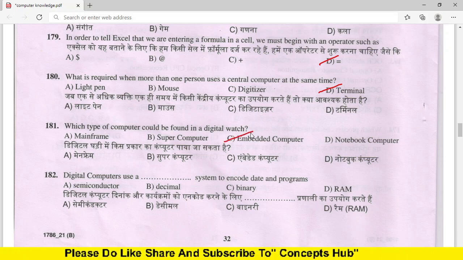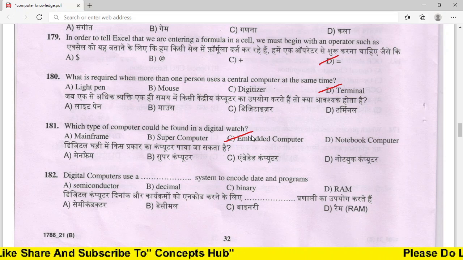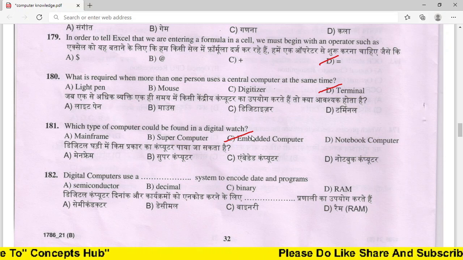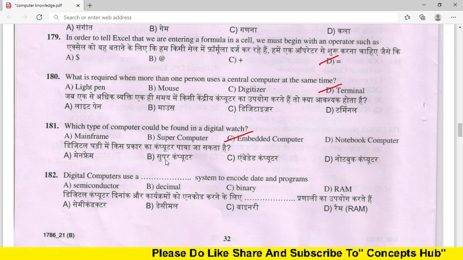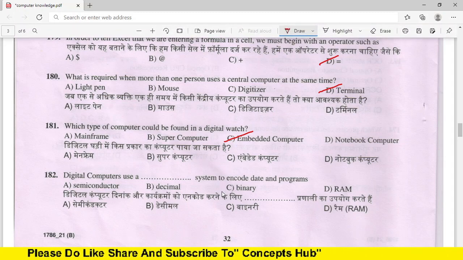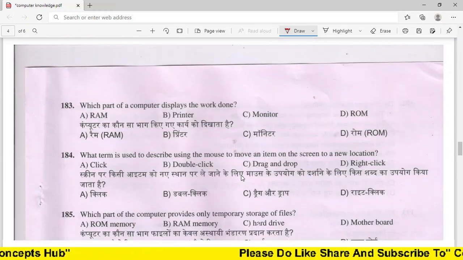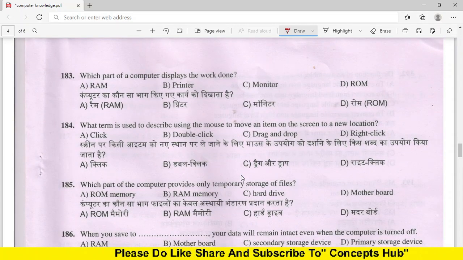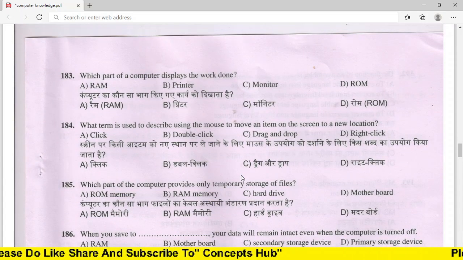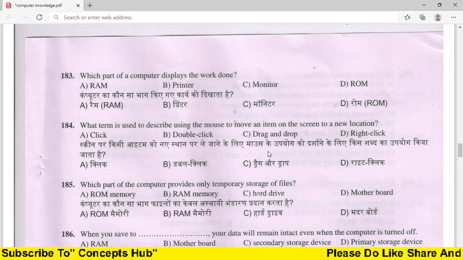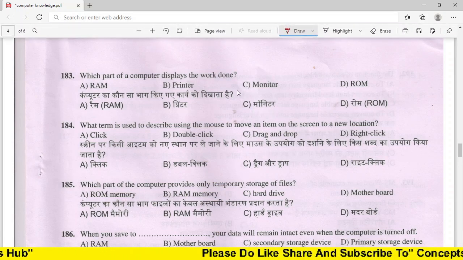Next, digital computers use a dash system to encode data and programs. The answer is binary. Next, which part of a computer displays the work done? The answer is monitor.